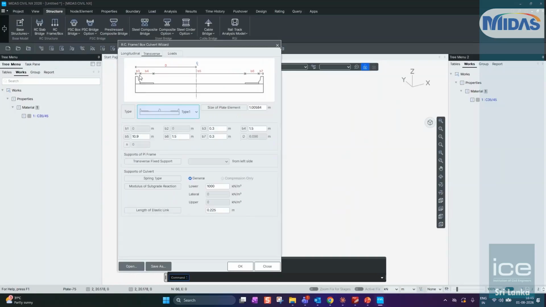In the transverse direction, we'll have the carriageway. We have multiple options for providing the static loads or the permanent loads on this model itself. At the ends, we have the crash barrier loading. This B3 is the crash barrier width. This B4 is the footway width. And then we have a D dimension, which will demarcate your entire carriageway width